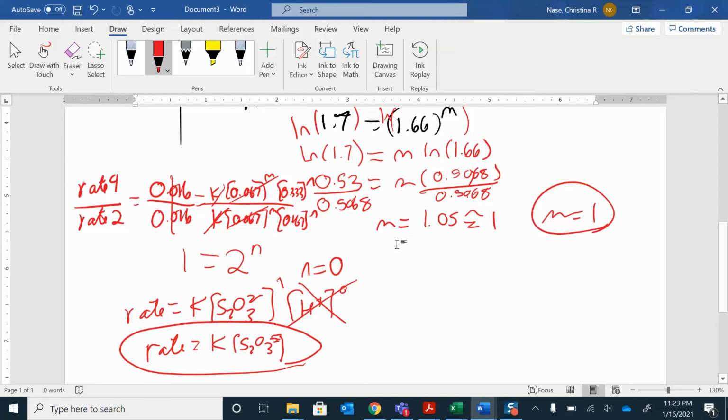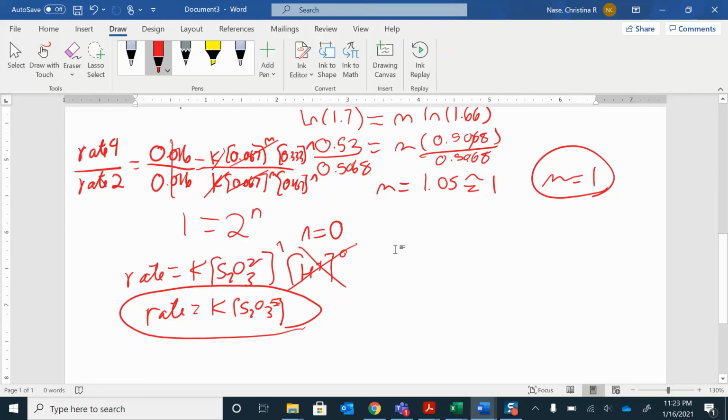And now that we have the rate law, we can solve for the k. I'm going to make a